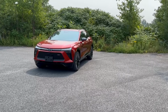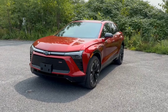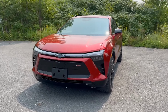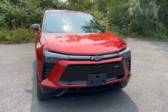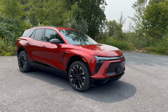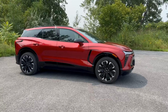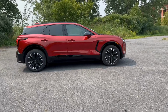Let's get into design. You've seen a bunch on the road, and admittedly, it's a good-looking SUV. The front end treatment is definitely far more characterful than the Equinox EV, which I will be reviewing in the near future. But as I said, unlike the Blazer ICE, there's more to it. The design flows nicely front to back. As we do our first lap, base price for the LT all-wheel drive is